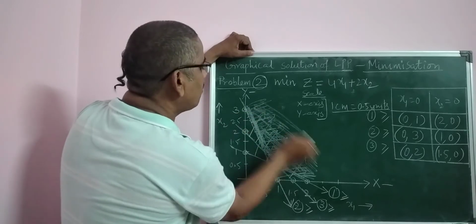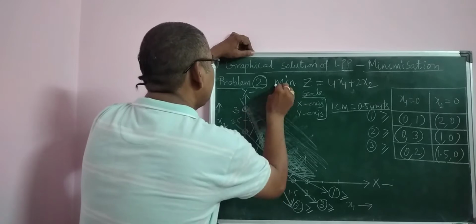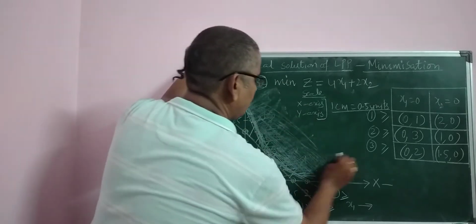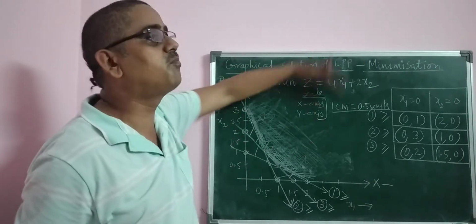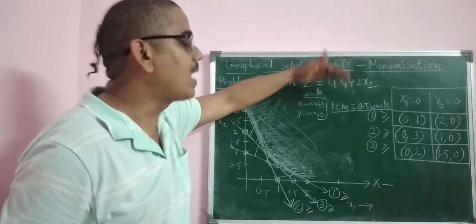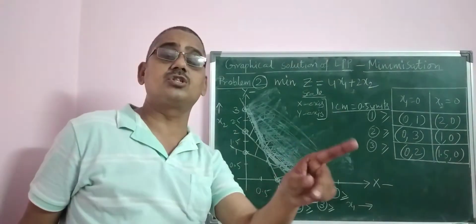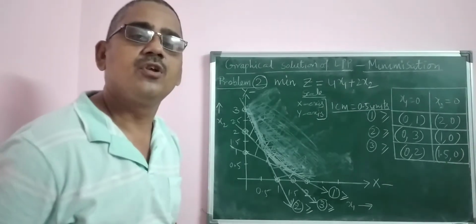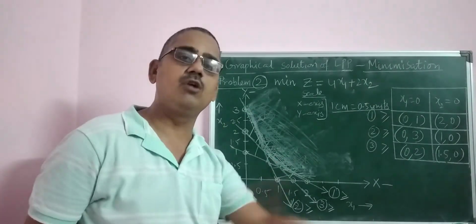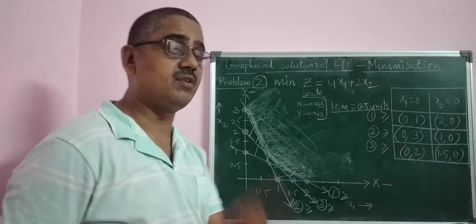There is no end to this particular region. You see here, it is going like this. It is an unbounded region. There is no bound here. It is called an unbounded region, but it is a feasible region. All unbounded regions need not be feasible, as we read in the special case. So this is one such unbounded region which is feasible.